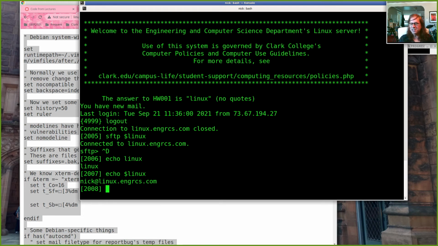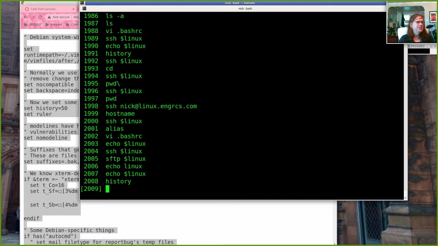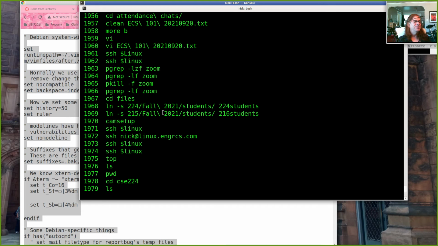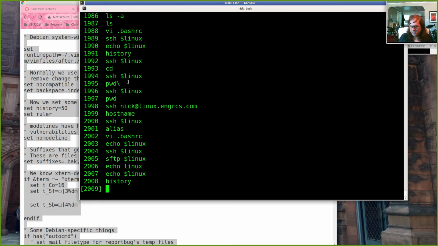So bash has a history of commands that I've executed, and I can type the word history and see my last 2,000 commands. This can be useful if something weird happens, or if you can't find a file you've been working on. You can go back and look at your history and maybe see, oh yeah, I moved it into another directory, right? And you can pull back commands from your history by just using the up arrow key. So I can go back to a previous command by going up arrow, and I can come down by doing a down arrow.